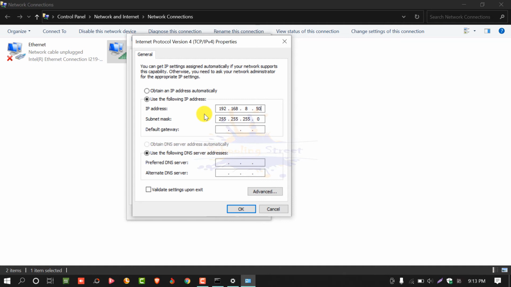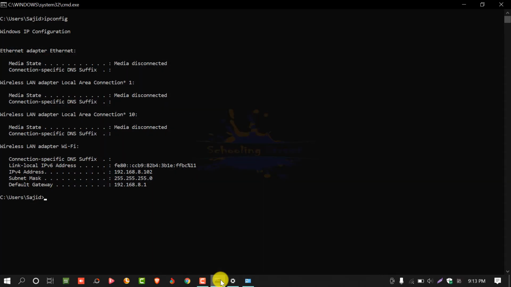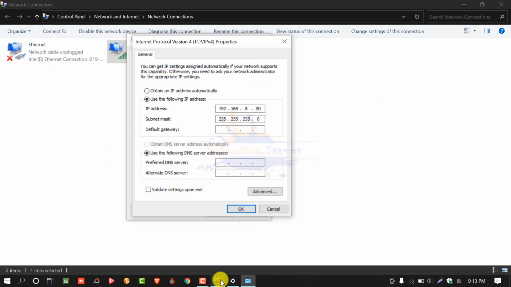I want to use this as the IP address. You can see currently the IPv4 address is 192.168.8.102. Now I want to choose this IP address and fix it.